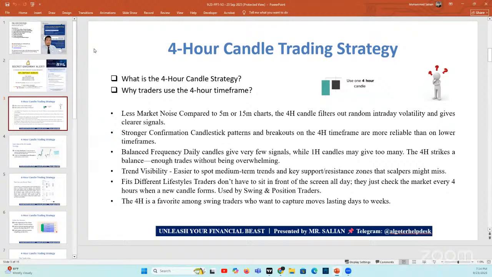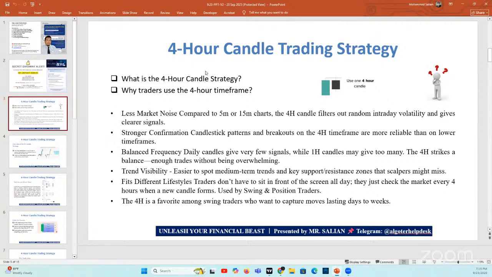So that's the 4 hour candle, my friends. It gives you enough time to enter, because there's only 5 opportunities during the day where the 4 hour candle will start. As I've mentioned, each time 6, 10, 2, 6, 10 again in the evening, and the last one is at 2 a.m. And from then on, when you catch the trend in the 4 hour, you have 4 hours to ride this trend and capitalize like a pro.